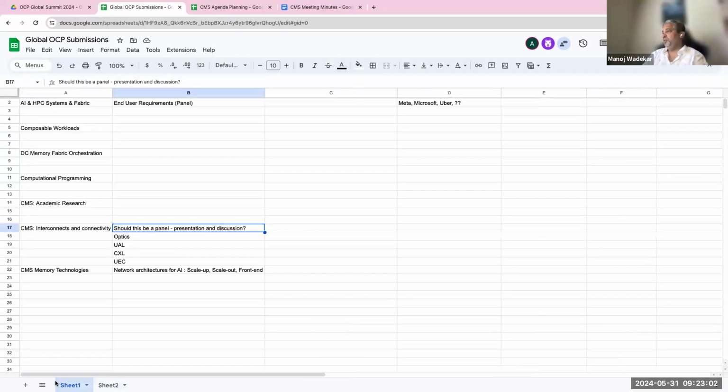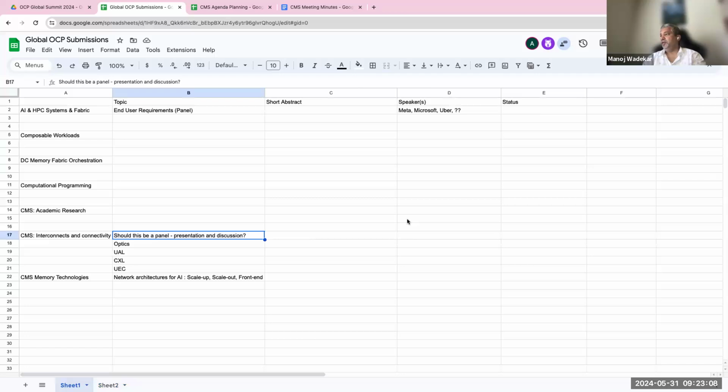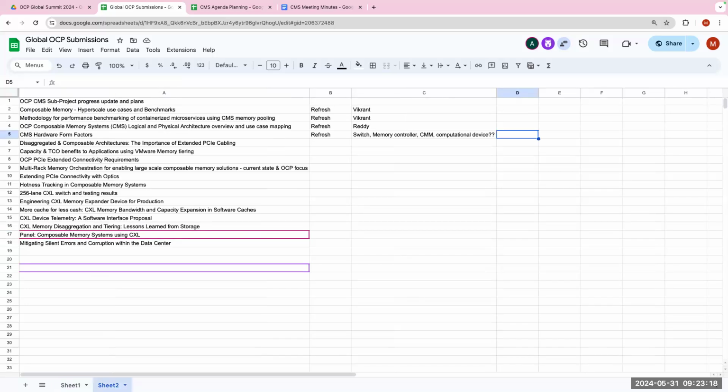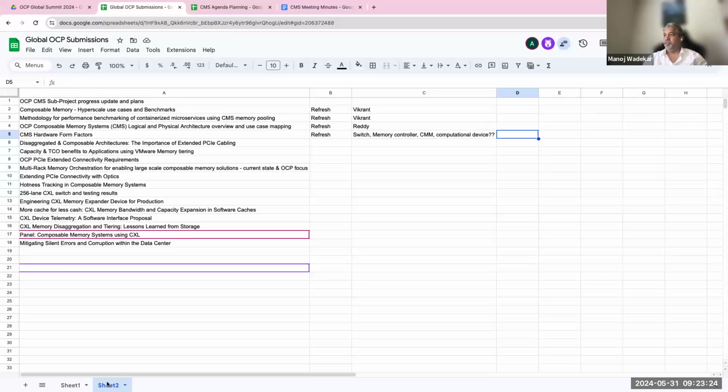Okay, so I think for now, instead of topic, maybe people can just at least add their names where they are interested and ready to contribute content. Yeah, so Manoj, we'll just move the sheet 2 into the relevant buckets wherever it makes sense, right? Okay, so I can take care of that after the meeting. That would be awesome.